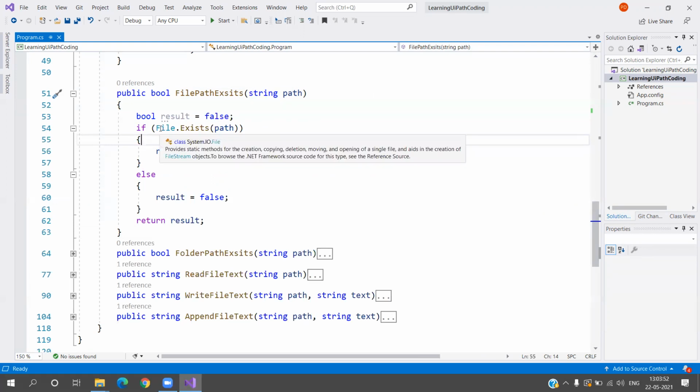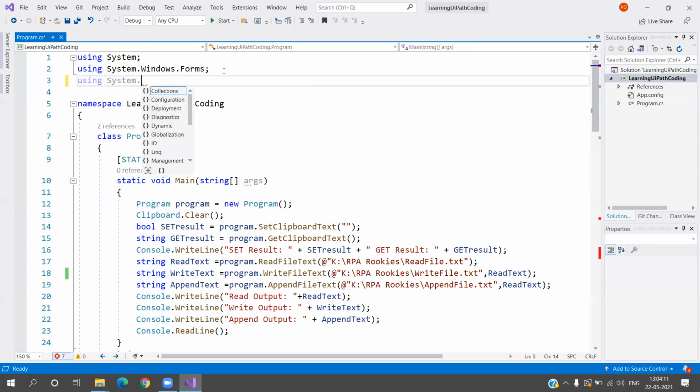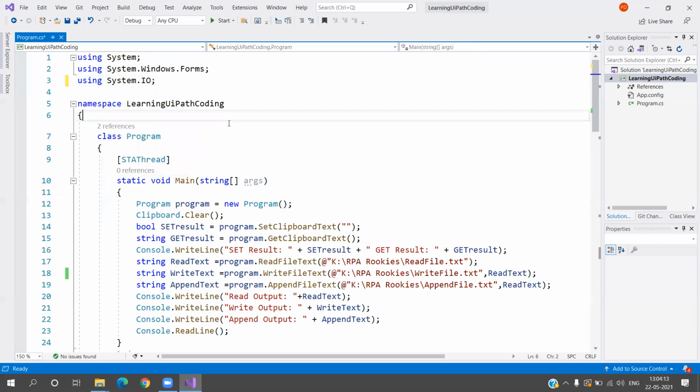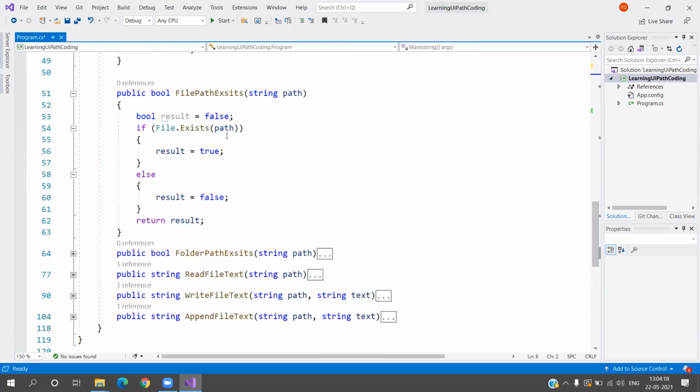Now this comes under the namespace System.IO. In the previous video we had only these 2 namespaces, but now you need to add using System.IO. It's just that you need to simply write it over here. If I remove this, I will be seeing multiple errors, the red errors that you can see. If I just write using System.IO, the errors are gone. So you just need to mention System.IO.